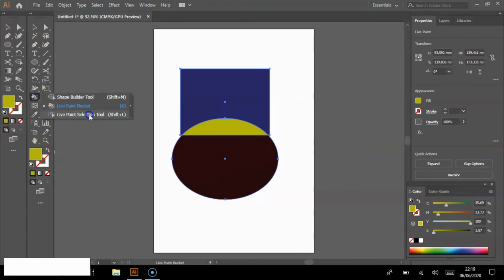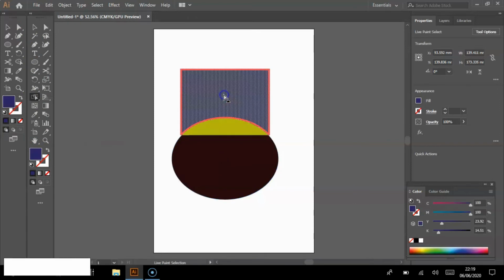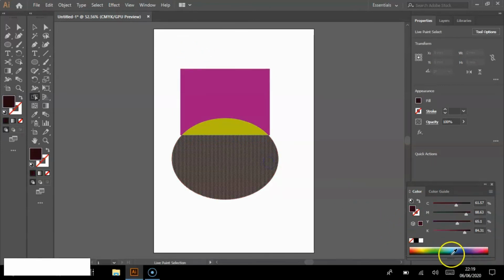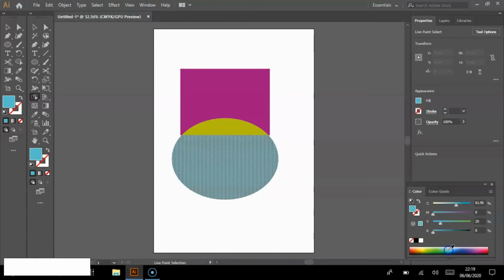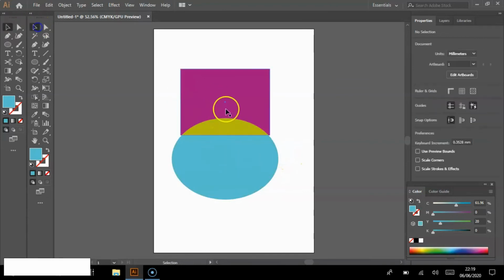You can use this Live Paint Selection tool also. Through this also you can select and change the color. Like this you can give it any colors. After finishing this, now just go to this Object menu.